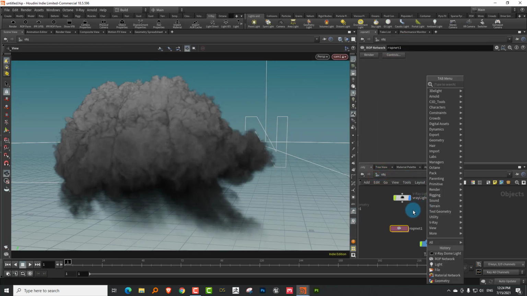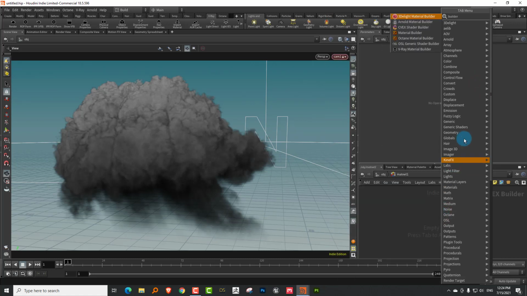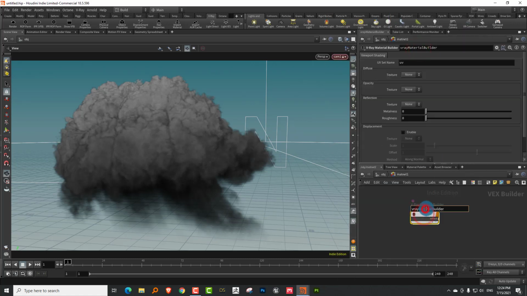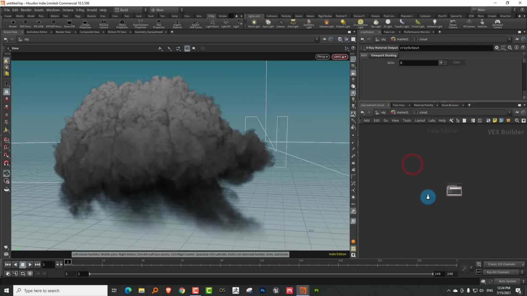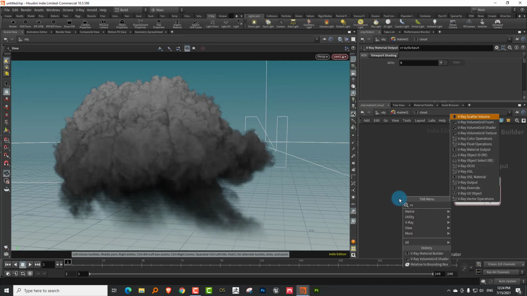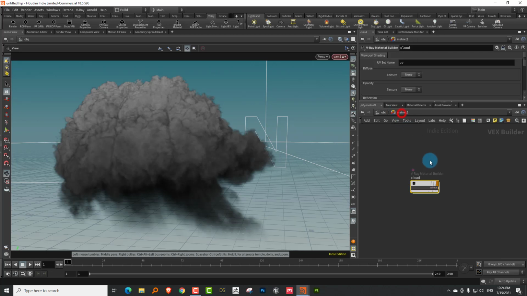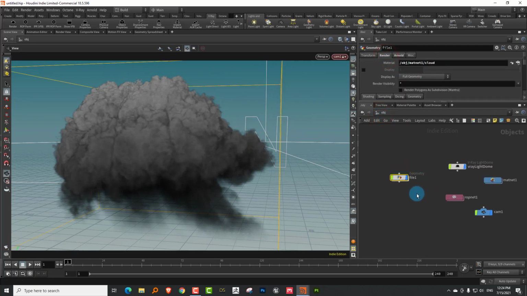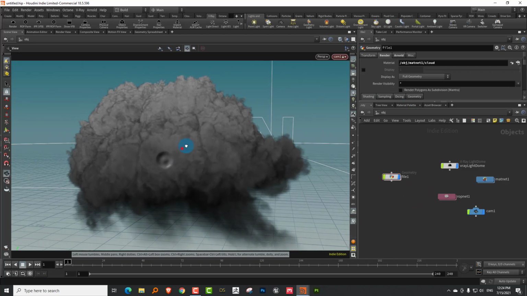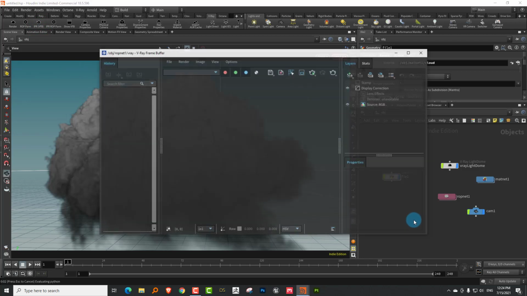Now let's set up a material for this. We'll take a material network and jump in. I'll create a V-Ray material builder, call it cloud, jump in and delete the standard material that you get. If you type in volume, you'll get the V-Ray volume grid shader. Just attach that and assign this to the cloud. It should show up there. That's pretty much it. Let's jump in here and I'll hit IPR and it should start off.